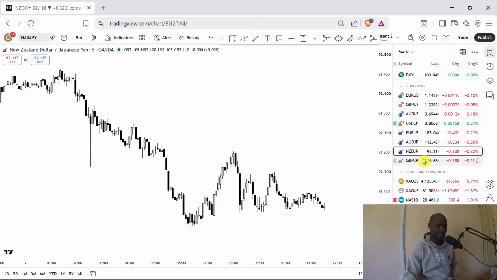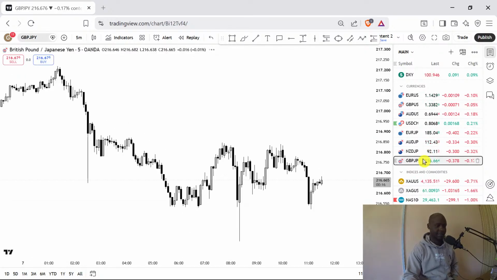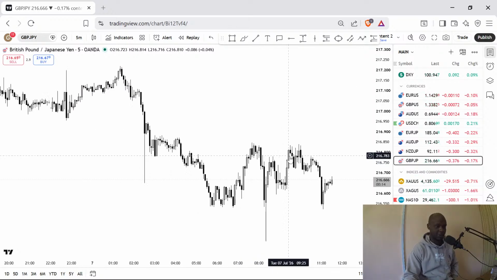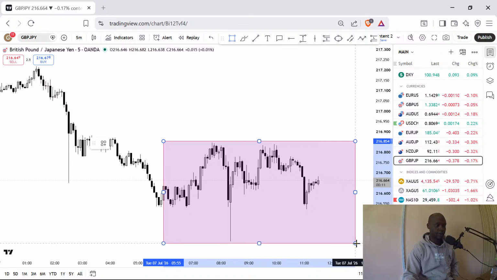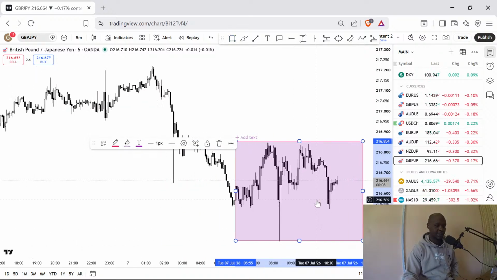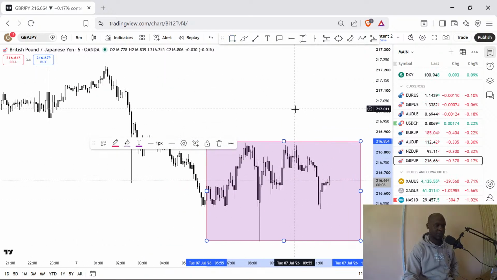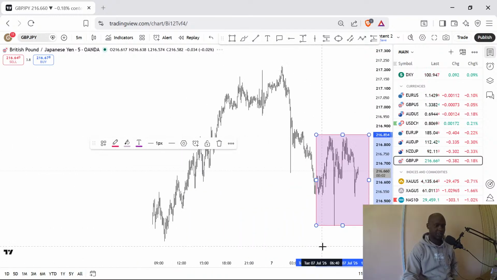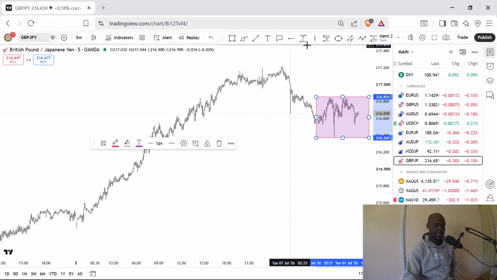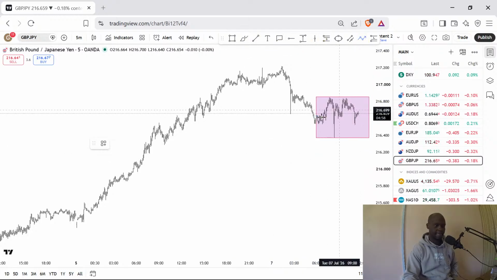On New Zealand JPY, nothing, and also on pound. On pound, we'll have to break outside of this area to the downside. I'm not looking for longs on pound JPY today, but if we get continuation of momentum to the downside aggressively, if we break outside of this boxed out area to get a pullback,